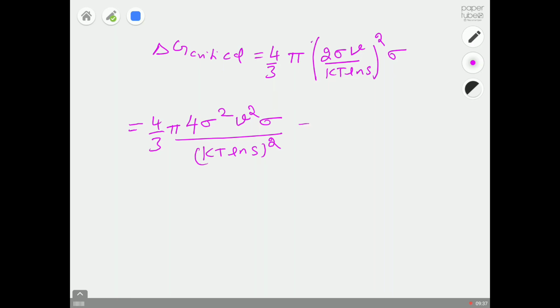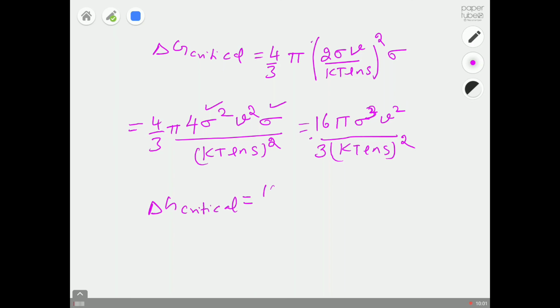So this will be equal to 16 pi sigma square molecular volume raised... So this will be sigma cube, because you have sigma square multiplied by sigma, divided by 3 kT ln of S the whole square. So this is your delta G critical,